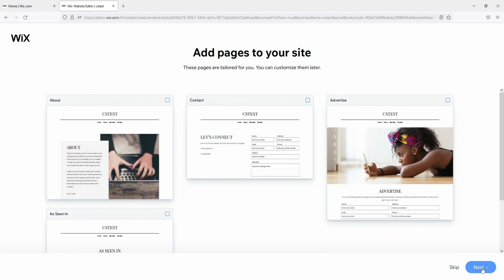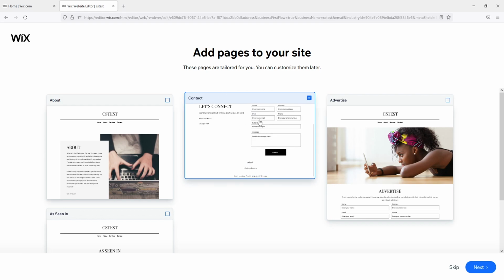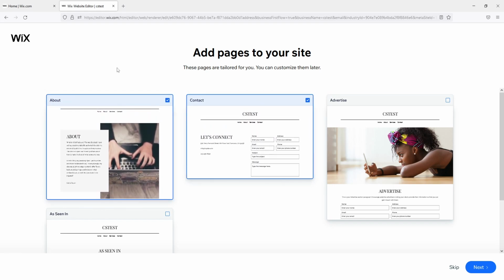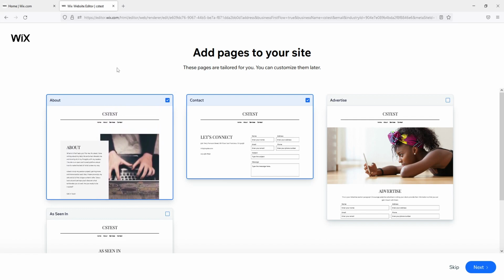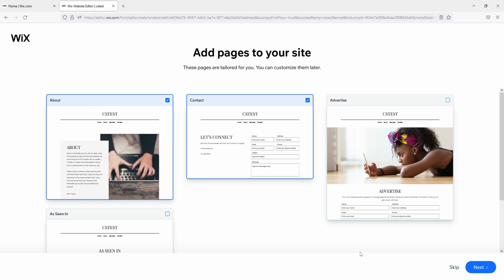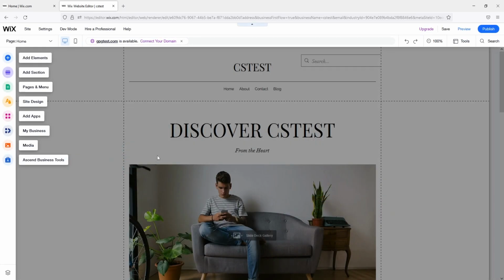We can now also choose what pages we would like to add to our website. So if you want a contact form, then you can click on this one here. If you want an About page as well, so a bit about your site or blog, then you can obviously select About as well. Once you're happy with your options, or if you want to skip it, then press Skip. If not, press Next. So we can now either view our live website or go to the editor. So we're actually going to go ahead and select go to editor, and you're now going to have lots of